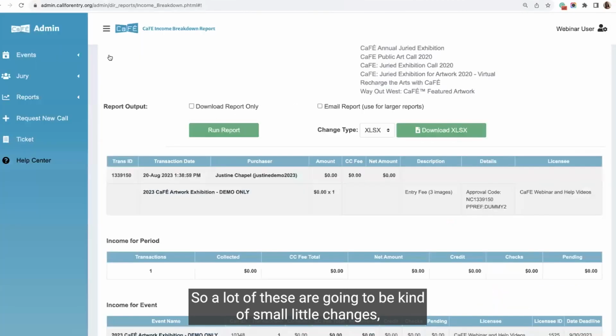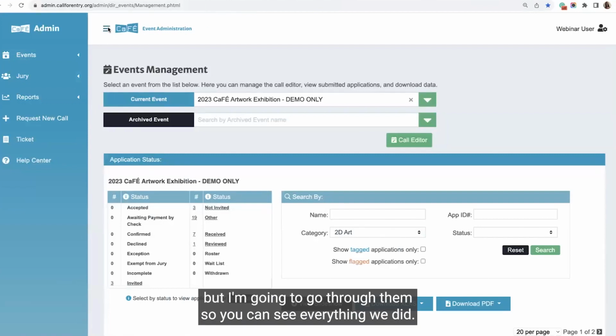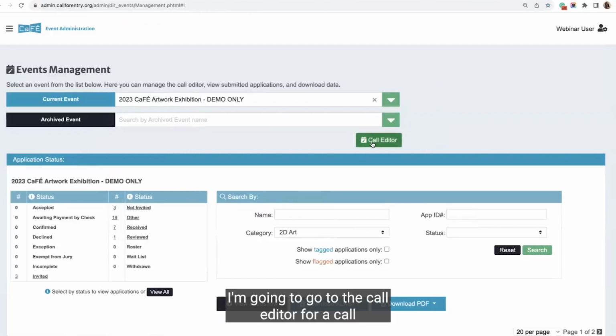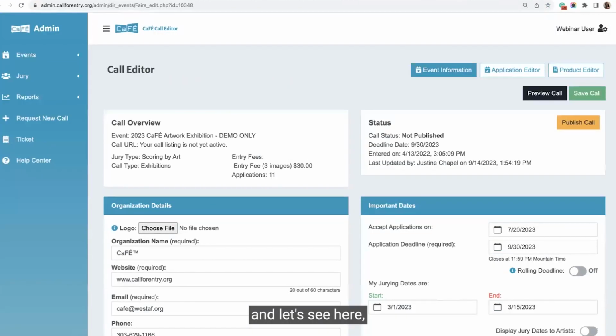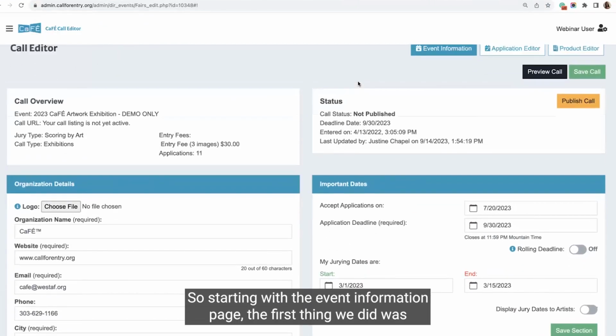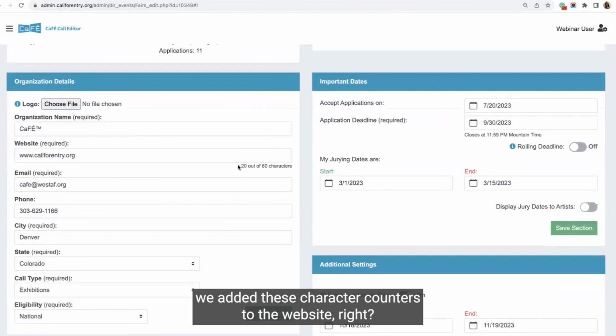A lot of these are going to be small little changes, but I'm going to go through them so you can see everything we did. I'm going to go to the call editor for a call. And let's see here. Close this out. So starting with the event information page, the first thing we did was add these character